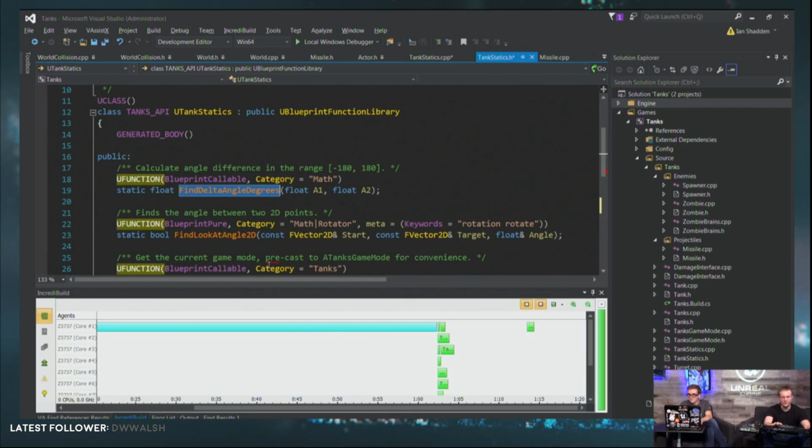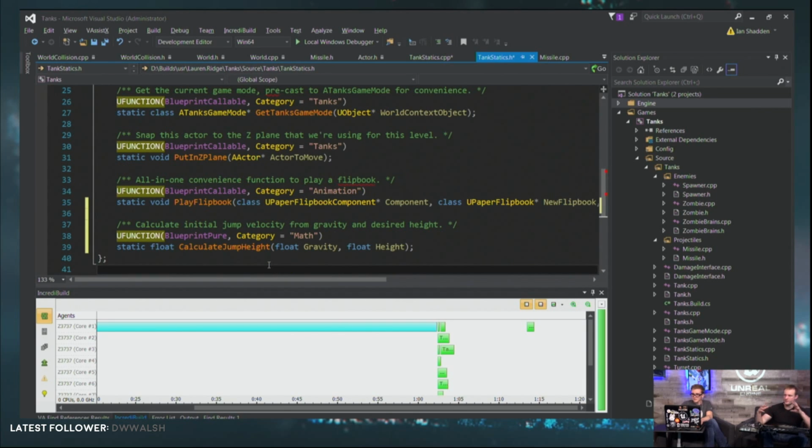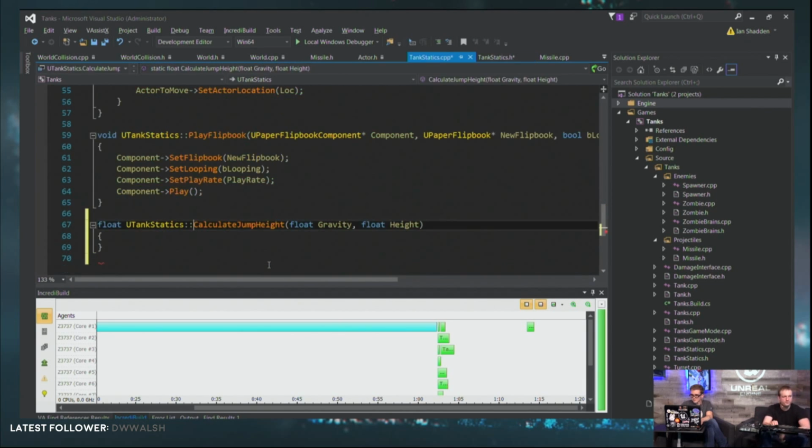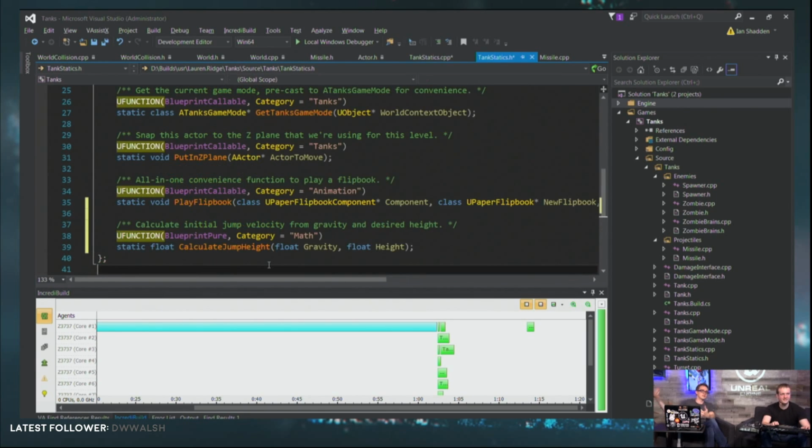In C++, the way you say that something is a member of some other named space is with the double colons. Since this isn't inside of a class, it's just sitting out on its own, you have to tell it that this function belongs in here. So it just kind of injects it into there.